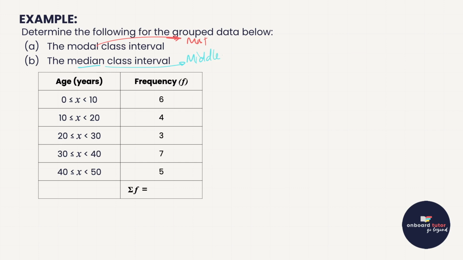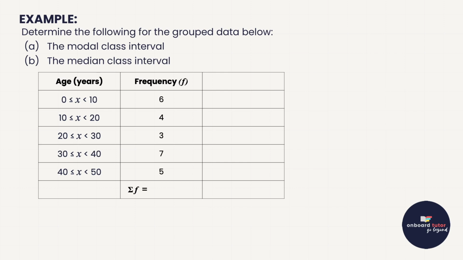Okay, but I need a little bit more information to go on. The first question is straightforward. The modal class is the one that occurs the most. So in other words, this is going to be the one with the highest frequency. Okay, so having a look at our data, 6, 4, 3, 7, and 5, there's the highest frequency. Okay, so 7 people scored between 30 and 40, and so the answer there to the modal class,